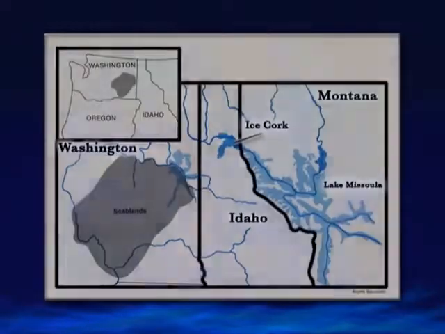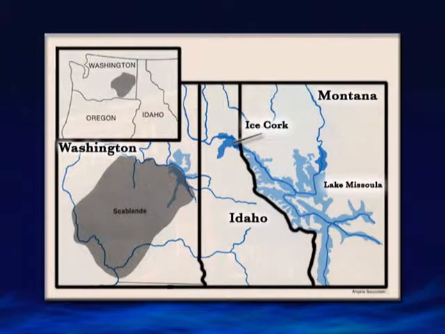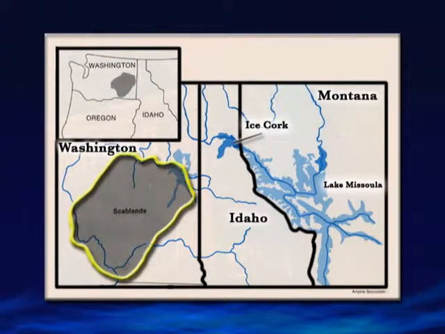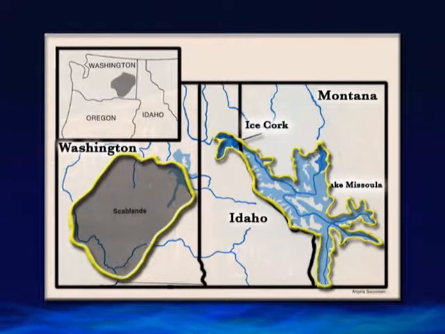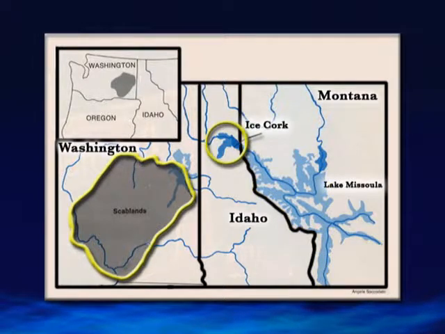And here's where they think all the water came from. The dark region there is the Scablands area, and then up in Idaho and Montana, they believe there's strong evidence for what they believe was a glacial lake that was stopped up by a natural dam. That dam, perhaps ice, gave way, and this whole lake just flooded through there and carved that formation in 1